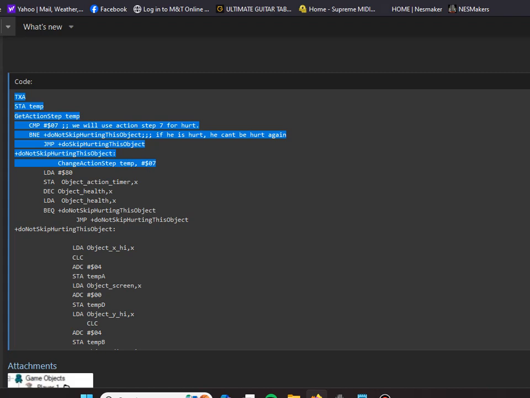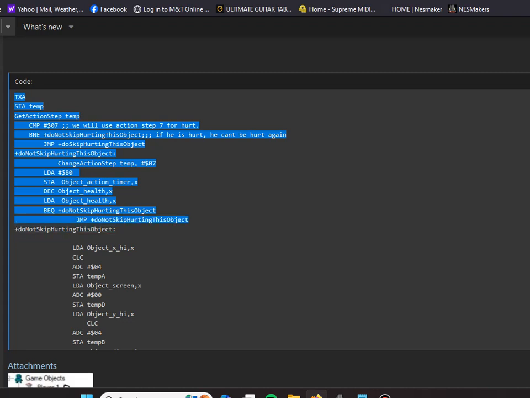It changes to 7. It does a timer for the health. That way, if it decreases the health, it doesn't trigger like a bazillion times. We showed something like this in another video. I believe that's what it's doing here. So it's decreasing the health. And then if it's not 0,